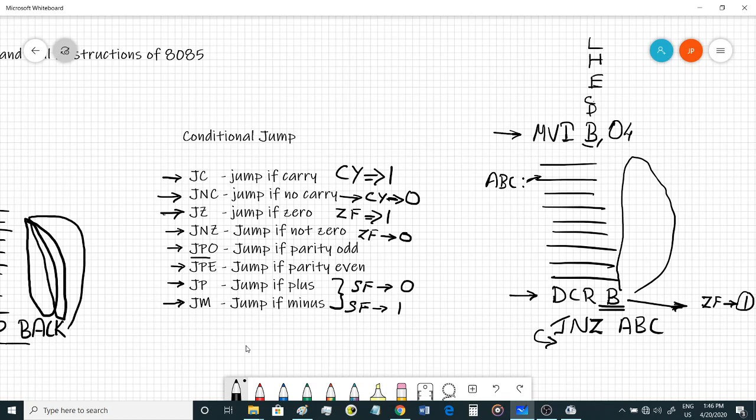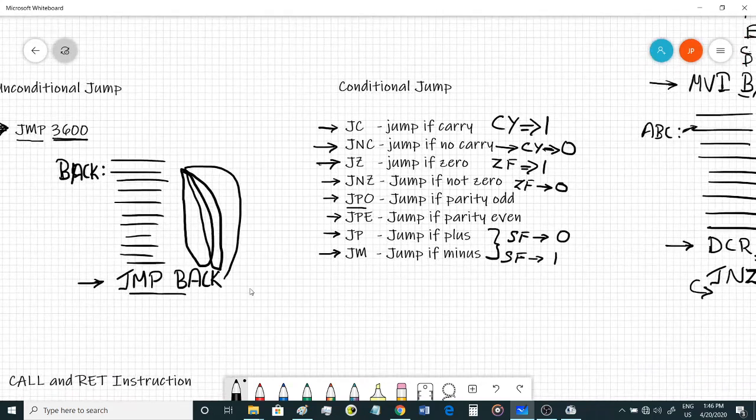In that case you can use jump if no carry, and with that instruction you can specify if there is no carry, you can jump to a new memory location. If there is a carry, then you can put some other registers to a particular value indicating that there was a carry, and you can get the exact result. So those instructions are also very simple. Once we start writing programs, you will be able to understand them in a much better way.